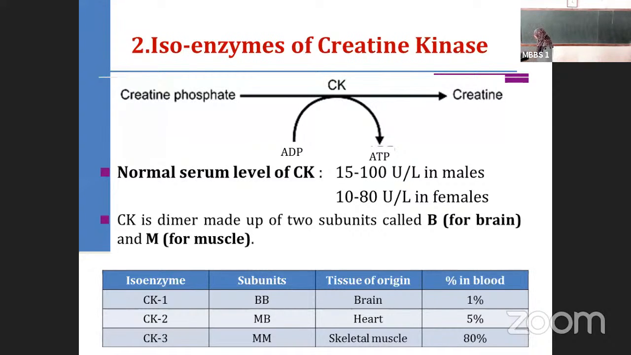CK2 has subunits MB. One M subunit is there, one B subunit is there. And what is the tissue of origin? From where it is synthesized? It is synthesized in the heart muscles. And it constitutes 5% of the total enzyme activity. CK3 has subunits M type. M. And the tissue of origin is skeletal muscles. And it constitutes 80% of the